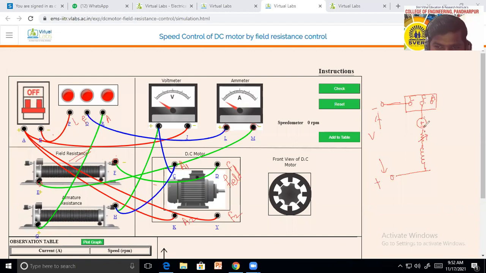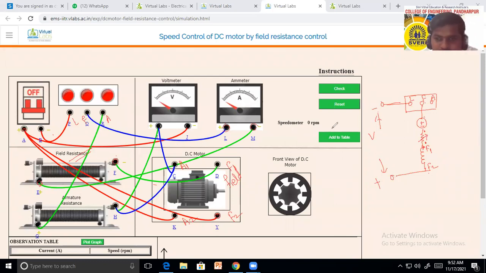Rheostatचं हे पहिलं terminal ammeterच्या terminal कडून आलेलं. Next terminal of the rheostat can be connected to the field terminal. Suppose here F1, here it is F2. Okay. Then the F2 terminal goes to positive. हे जे F2 terminal आहे, it can be connected to here. Getting? हे झालं एक कनेक्शन. लक्षात आलं का तुमच्या?